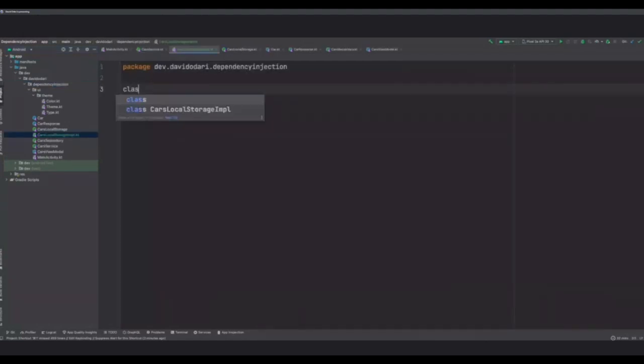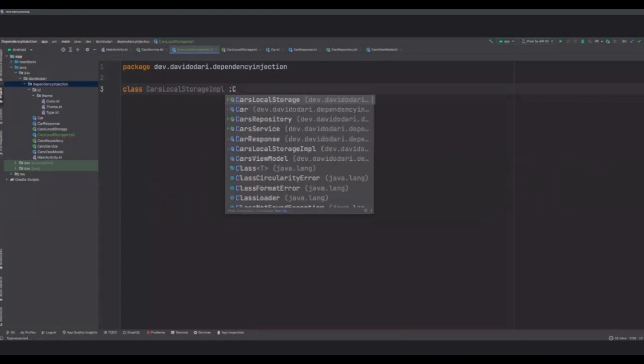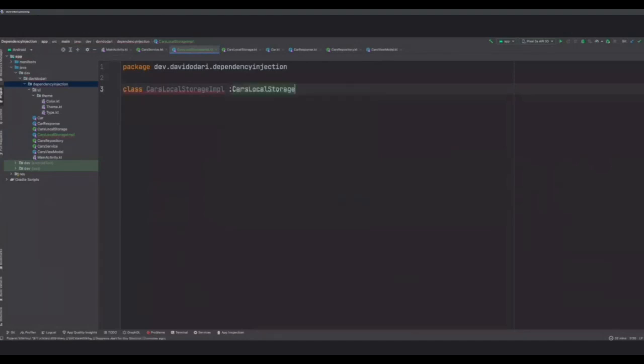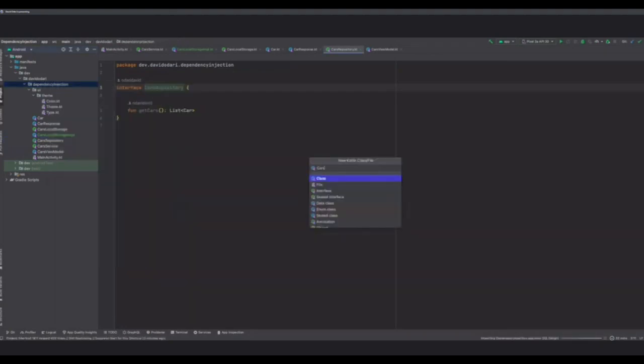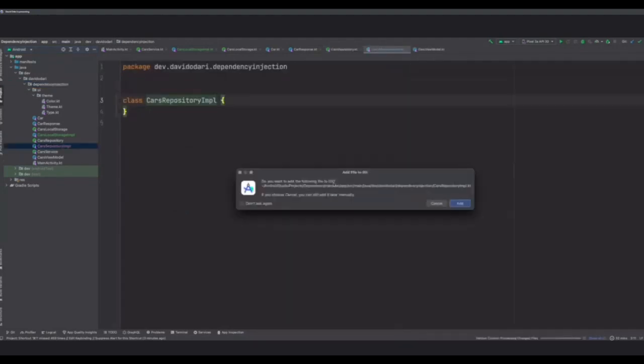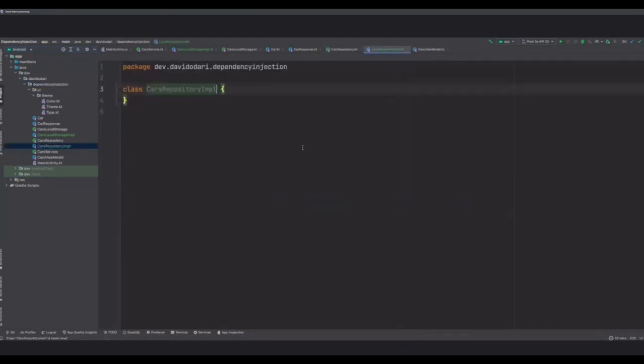So probably something like the storage that's implemented. And I need to do one for the repo and the service. So the cars repository info class, then it needs to again do the interface.